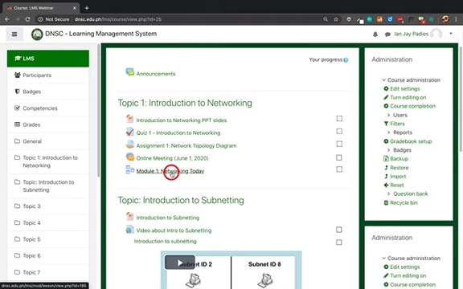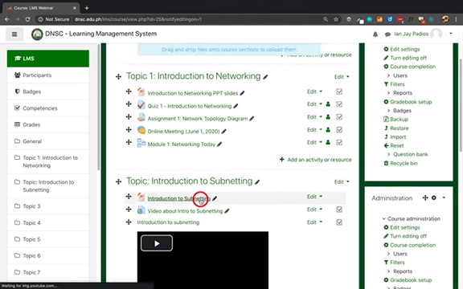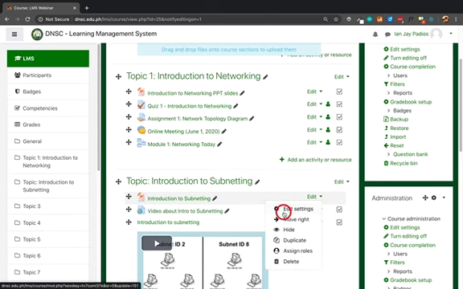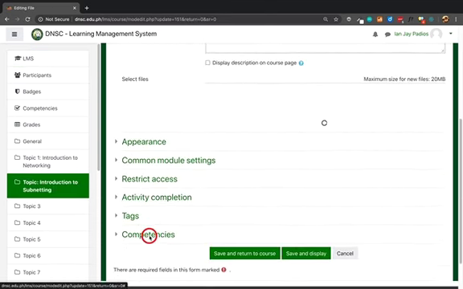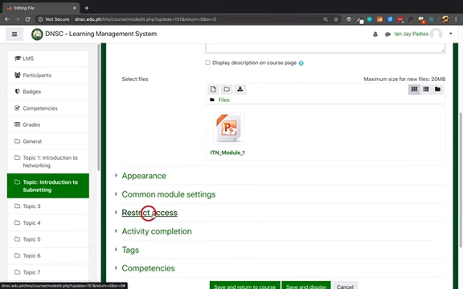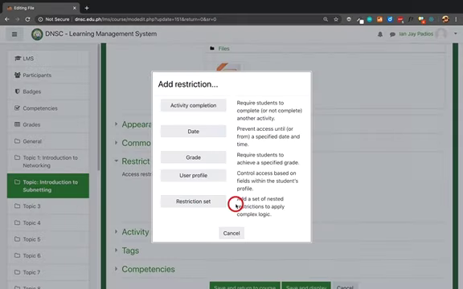Okay, so how to do it? We can actually put restrictions. For example, turn editing on. This one, edit settings. This time we do the restrictions. So here in the restrict access,